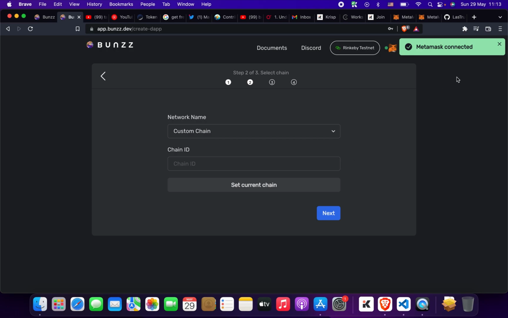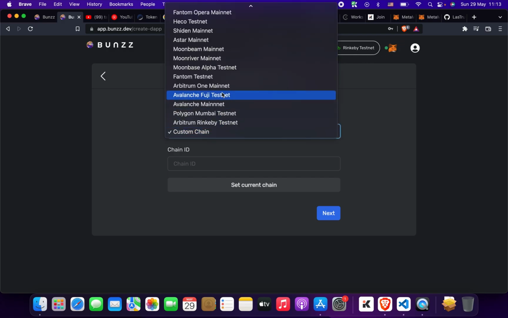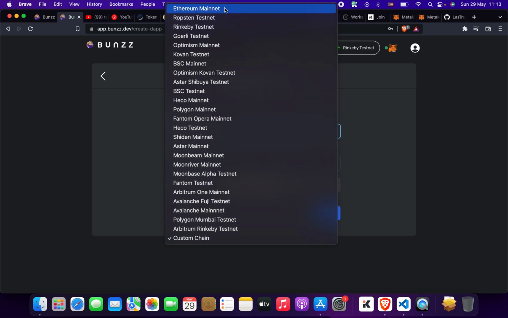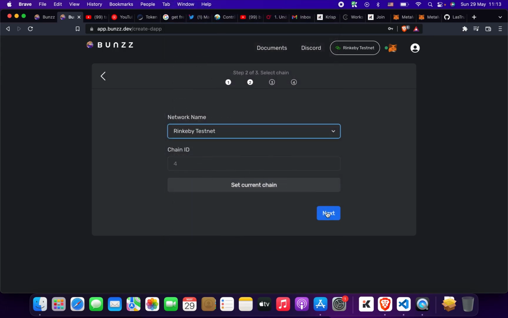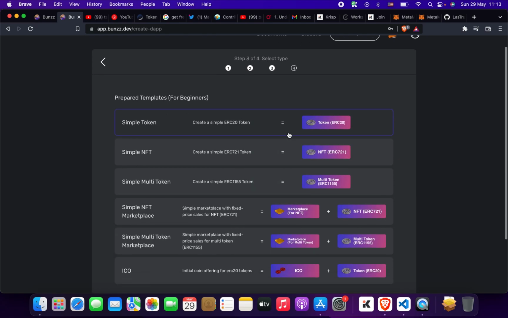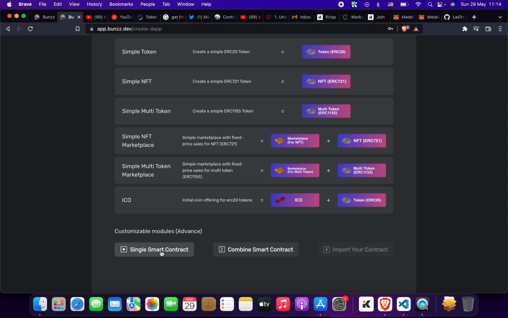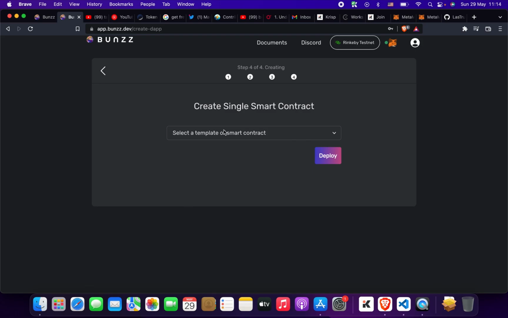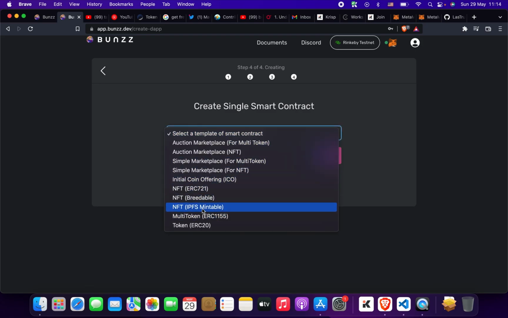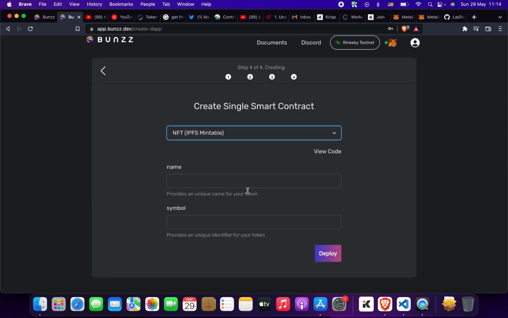After doing this, MetaMask is connected, you can see, but firstly you have to switch to Rinkeby testnet and have some faucets there. Next we move to Rinkeby testnet. So chain ID is 4, that's the default for Rinkeby. And yes, single smart contract, then NFT IPFS mintable. So let's just say it should be tests,